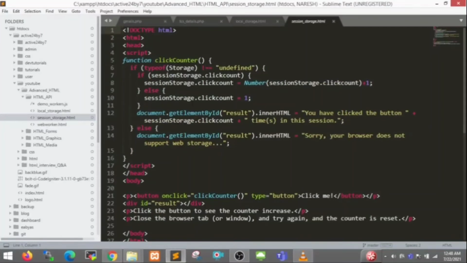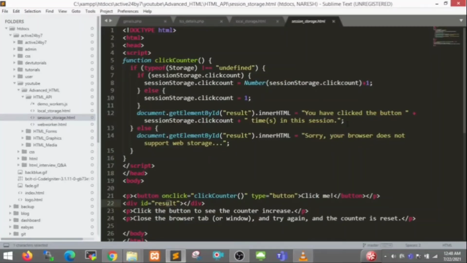Yeah, click counter, I define here one function: if not equal undefined sessionStorage.clickcount, then sessionStorage.clickcount equal Number of sessionStorage.clickcount plus 1, else sessionStorage.clickcount equal to 1. Document.getElementById result, this id new id.